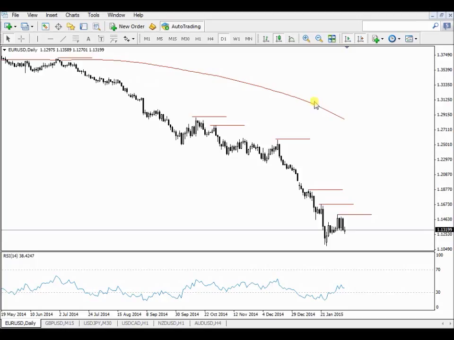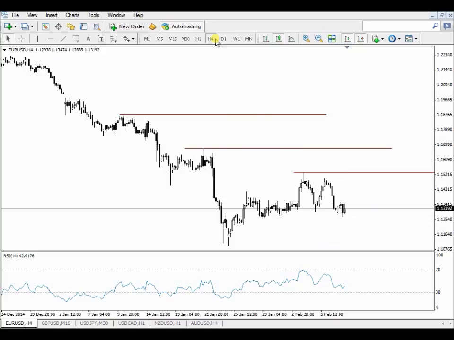And if I go down from the current price and work to the left, I will find my support. You will see as I go along from the daily into the 4 hour, there will be more and more resistance lines, and there will be support. On the 4 hour here, there is support now for the first time. There wasn't support on the monthly or weekly or daily. There's my support working on the 4 hour chart on the euro.